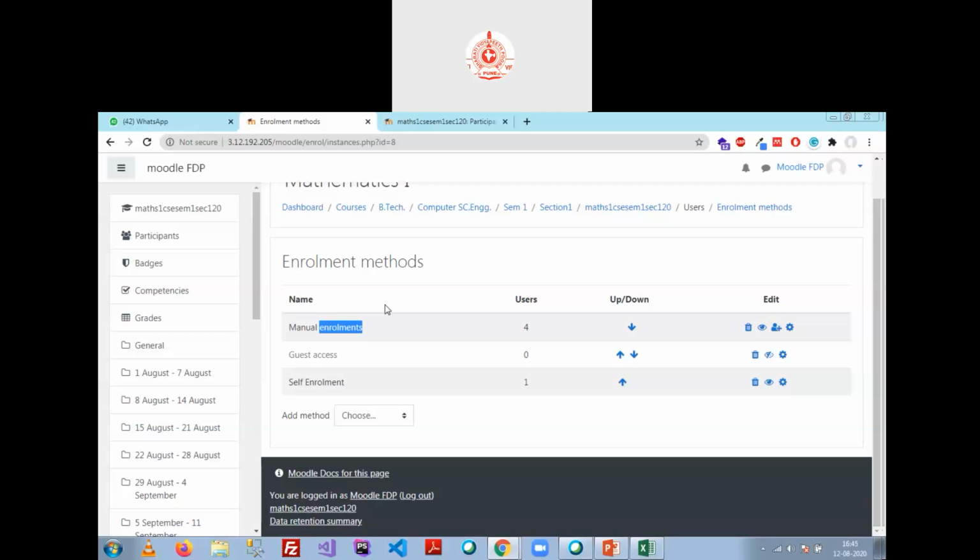Every time it will become a hectic task for the administrator, the teacher, and the student as well. If a student uses self enrollment, then he has to do it 5 different times for the subjects, and it becomes a tedious task for the course creator or the manager or the site administrator to create the number of users and then ask teachers to enroll those students into the courses. That will become a tedious task for both persons.